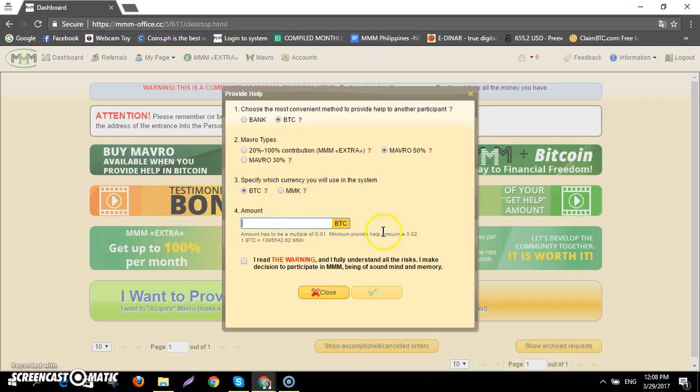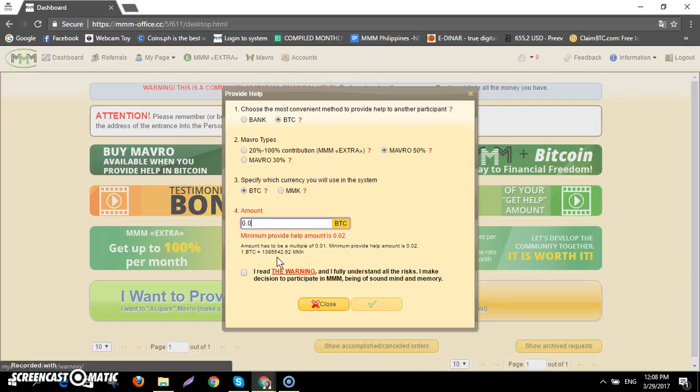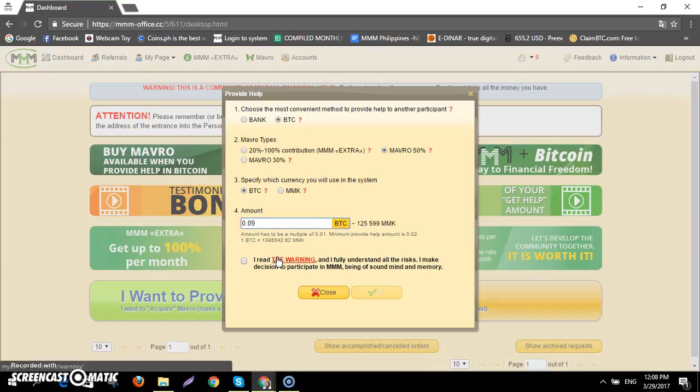It says that the minimum PH of BTC is 0.02 Bitcoin. Now I am going to input the specific amount I want to PH, which is around 125,599 MMK. This is the currency of our system, but as I said, we choose to pledge PH using Bitcoin. After inputting the amount, click this button.